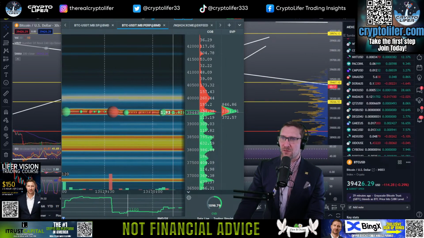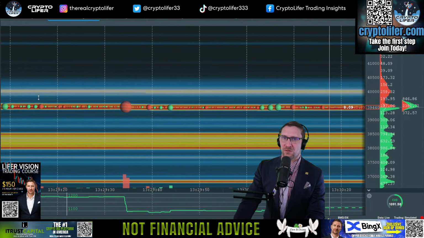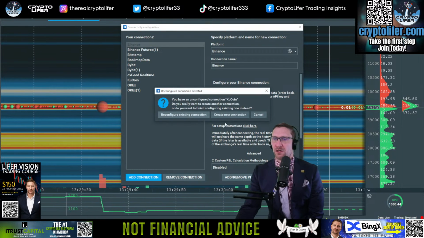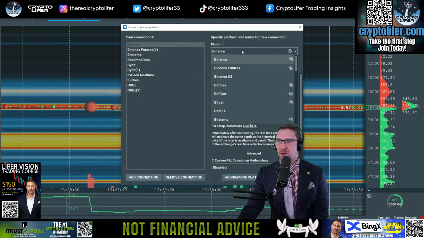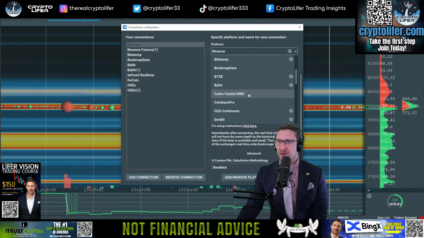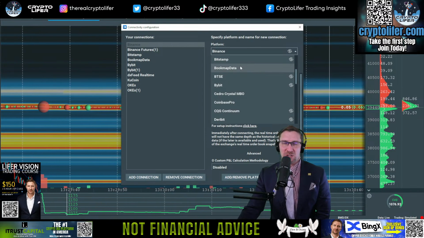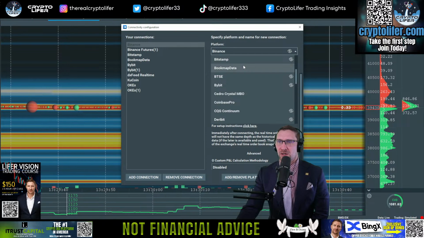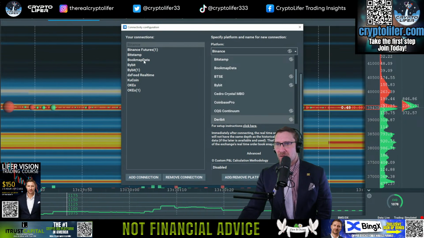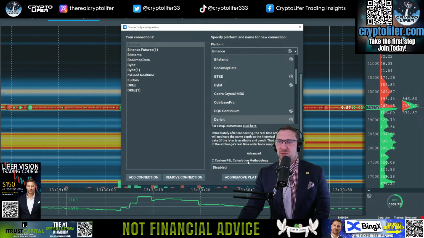How to get this set up? Everyone wants their setup correct. The first thing you do is go to connections, then configure. You'll hit add a connection. Or actually, first set it up. What do you want? Binance Futures, and so on. I like Bookmap Data. Bookmap Data will combine as much as it can for you in the futures, across as many exchanges as it can give you. So I hit Bookmap Data, then add connection, and then you'll have Bookmap Data here. Nice, neat. Then you'll say okay.